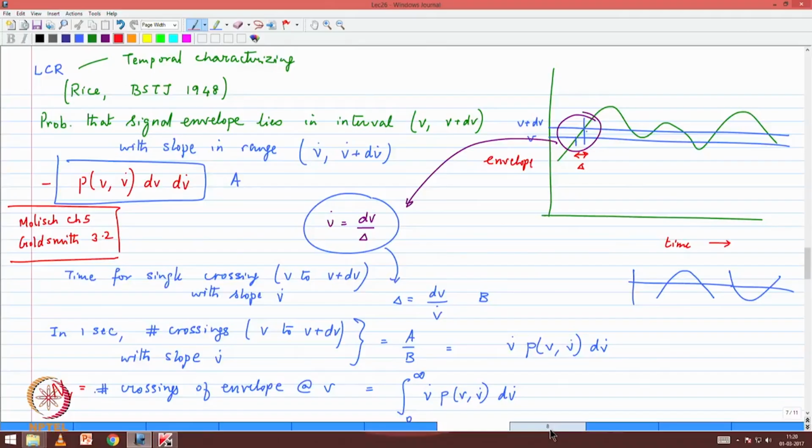Then using those two results you say, okay, how many such crossings can there be within a unit time, and then with all the possible slopes, because my crossing can occur at any slope. I do not mind, I just need to know that a crossing has happened and I cross it in the positive direction. Okay, so here are the assumptions made by Rice, seems very reasonable.